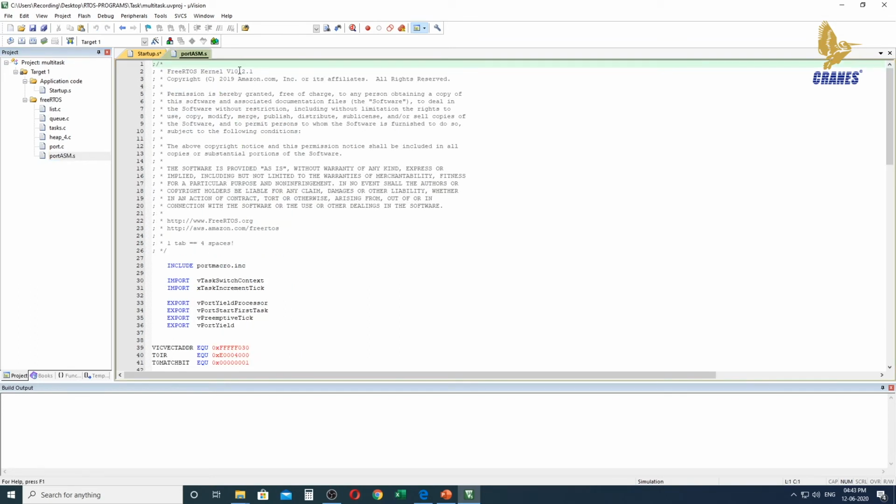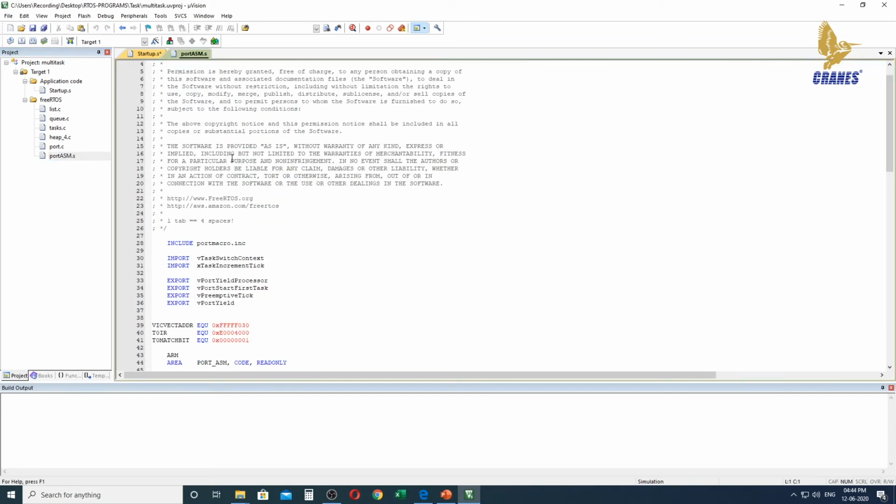Under this port asm.s, if you come down you can have a look, we have export vPortSVCHandler. So we are just going to copy this vPortSVCHandler, which is present under line number 33.